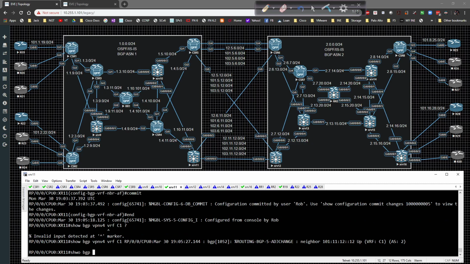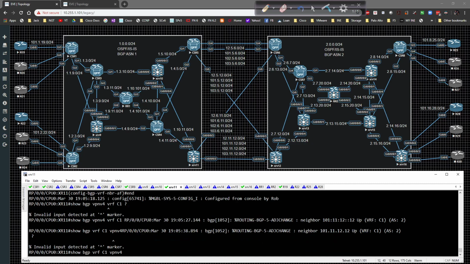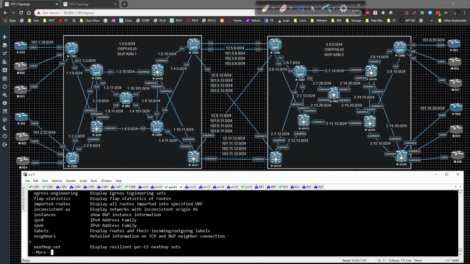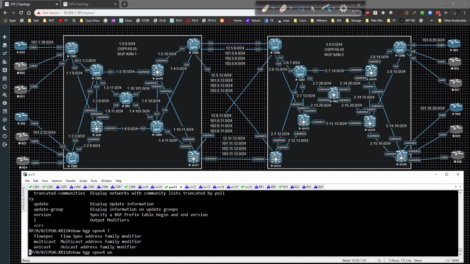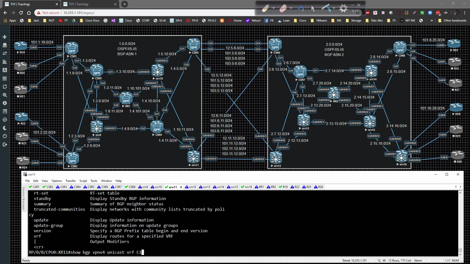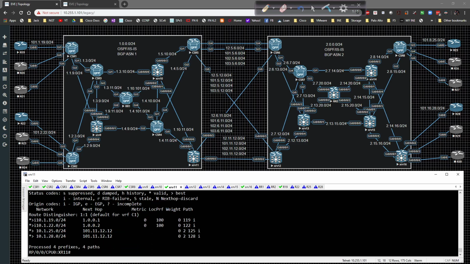Show BGP VRF C1 VPN v4. Show BGP VPN v4 unicast VRF C1 neighbors. Okay, I am receiving the routes, which is what I want to see. So that's working. Now if I go to CSR, if I go to route reflector 1, for example, and I